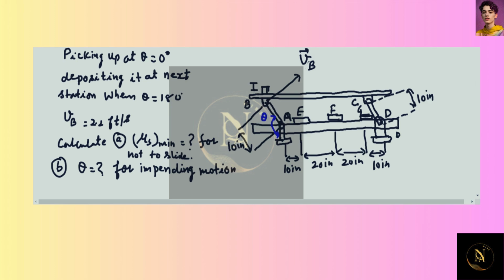By picking it up at a station when angle theta is 0 degree. This is the angle, so this must be 0, and depositing it at the next station when theta is 180 degree. It is given that member BC, so this is B and C, always remains horizontal throughout its motion. The links AB and CD rotate at constant rate in a vertical plane so that velocity of